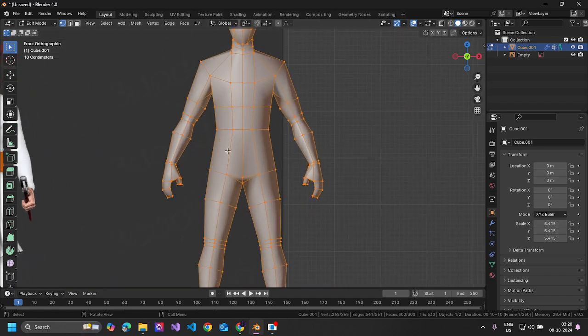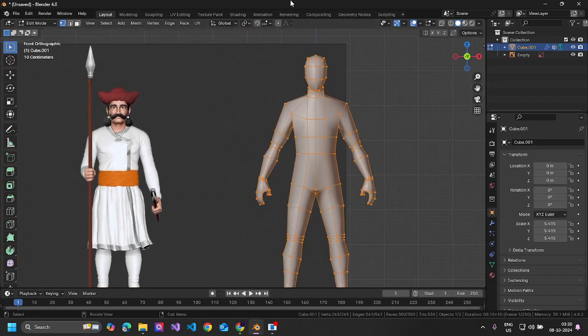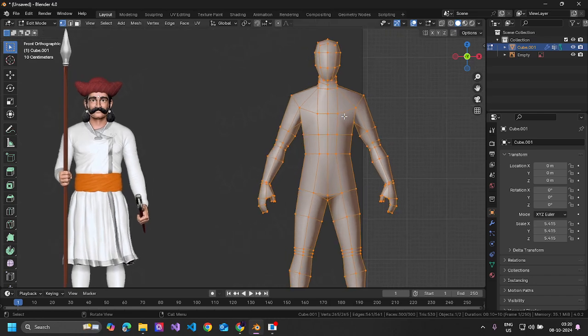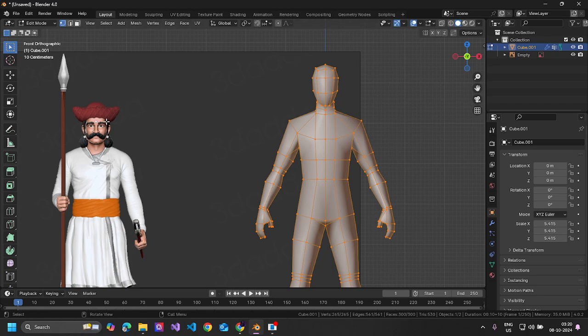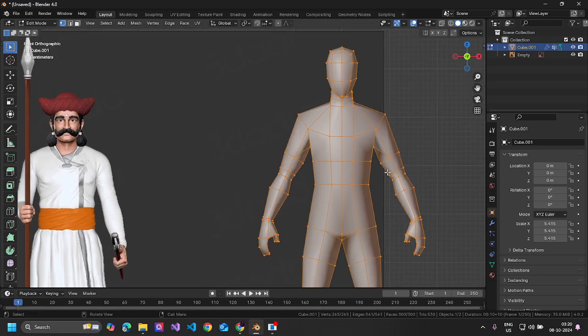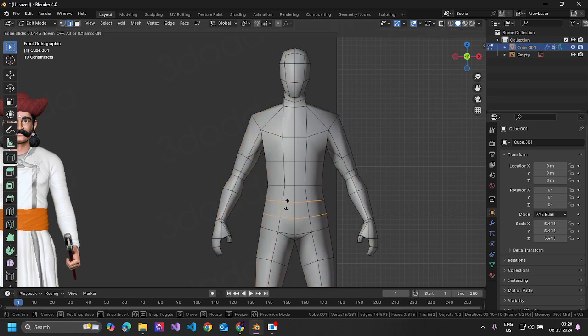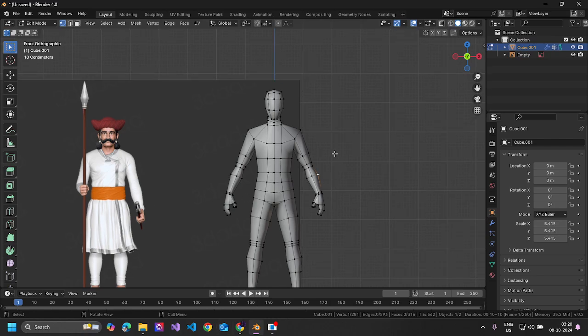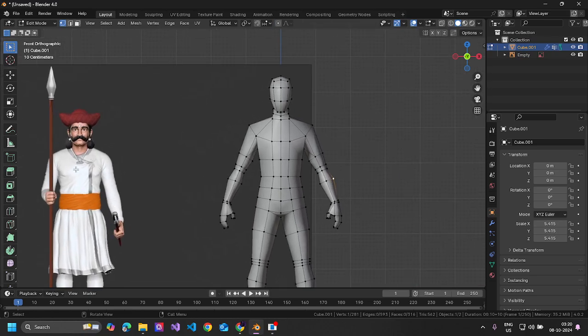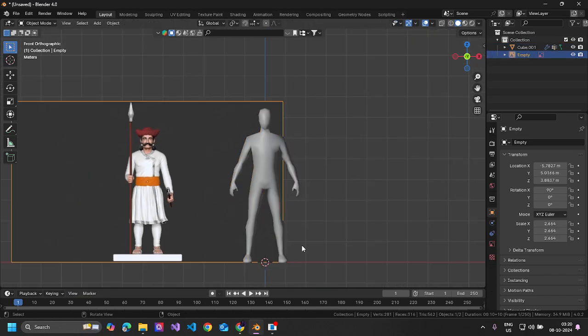So as you can see, this base mesh contains some polygons. So I'm gonna use this to create the outfits and all the accessories that he has. First of all, I would like to create some subdivisions here, and then my first task is to create his outfit. So to create his outfit, what we are going to do is first,